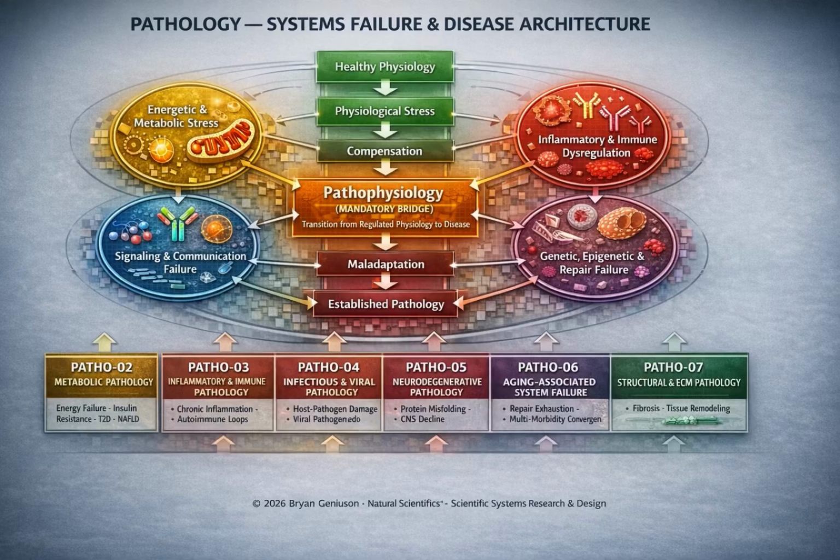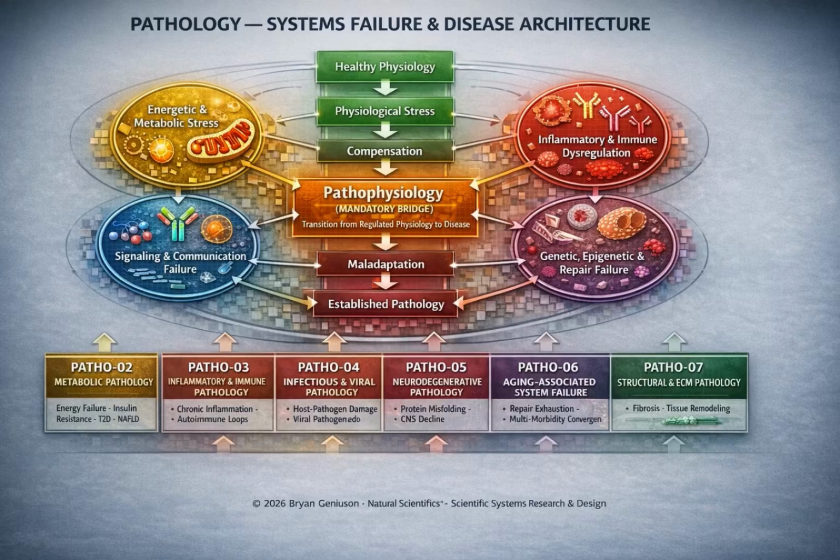The Pathology Master Series is organized into dedicated subseries, each applying this shared systems framework to specific disease contexts. These include Pathophysiology, which examines the transition from normal physiology to dysfunction; Metabolic Pathology, focused on energy failure, insulin resistance, and substrate imbalance; Inflammatory and Immune-Mediated Pathology, addressing chronic inflammation and immune dysregulation; Infectious and Viral Pathology, exploring host pathogen